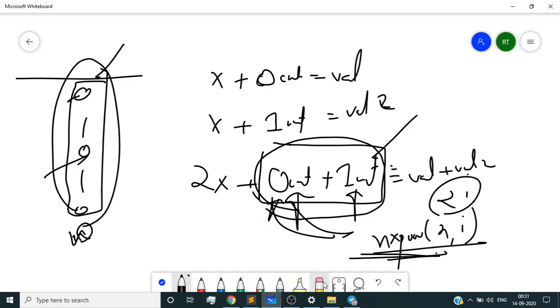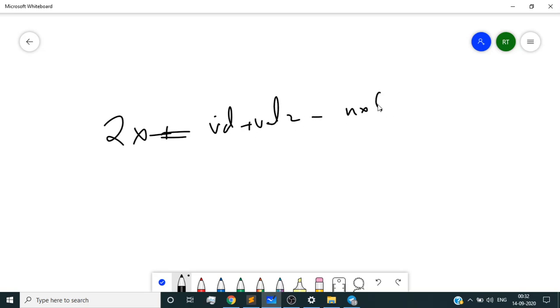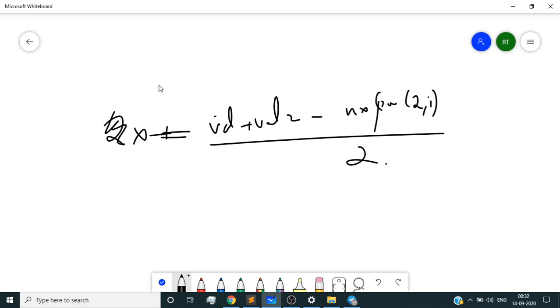So now my equation reduces to 2x plus 2x is equal to, taking it from here to here, val plus val2 minus n into 2 to the power i for the ith query, and then I'm dividing it by 2. From this I will be able to get x, and now I'm going to use it in my